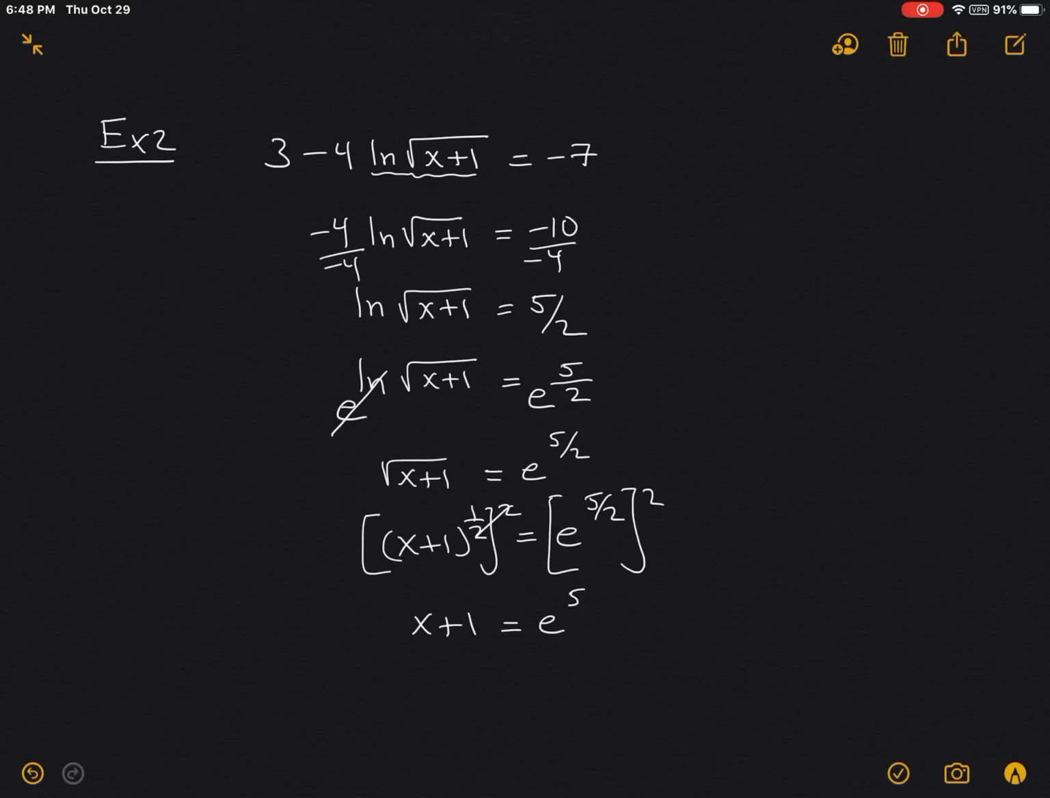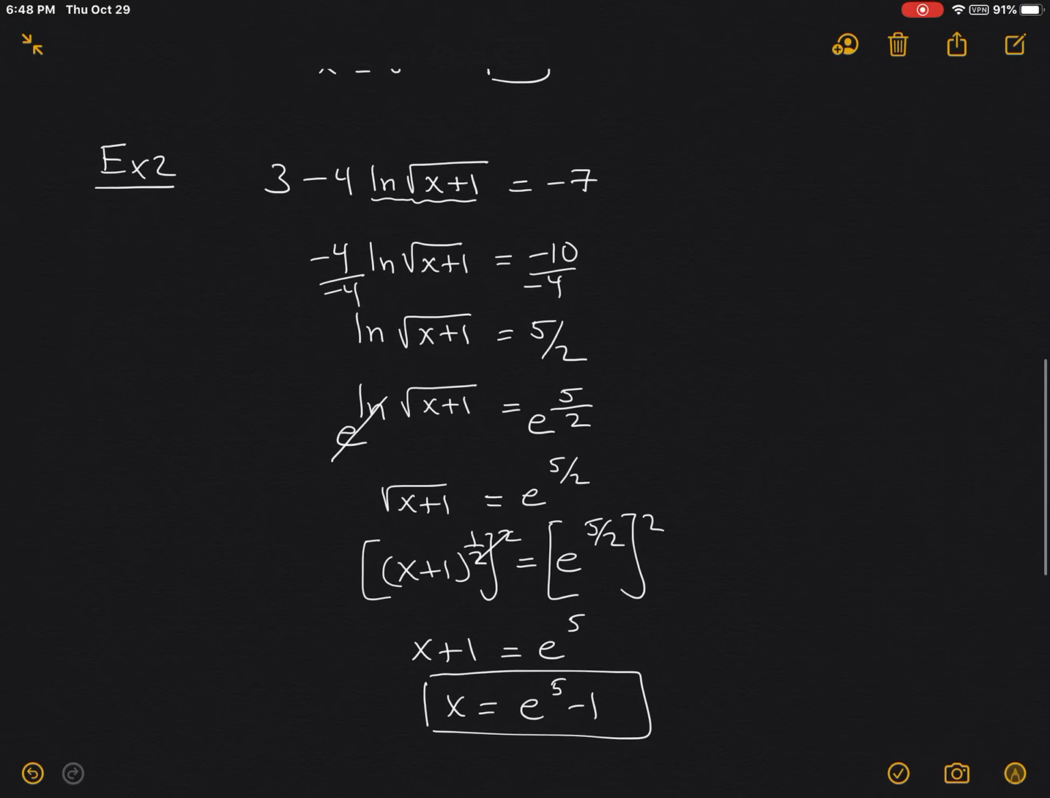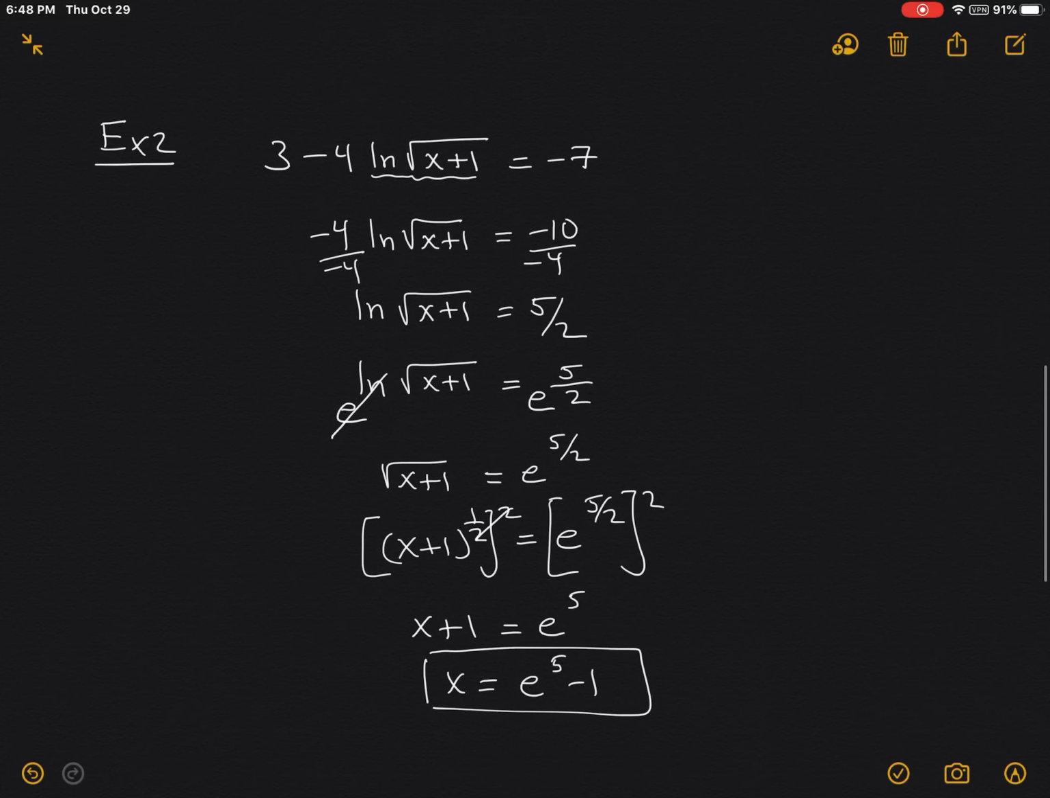Okay, so this is going to cancel out. You're going to get x plus 1 is equal to e to the 5th, and x is equal to e to the 5th minus 1. Okay, so this is going to check back into the original. And what I mean by check back into the original,